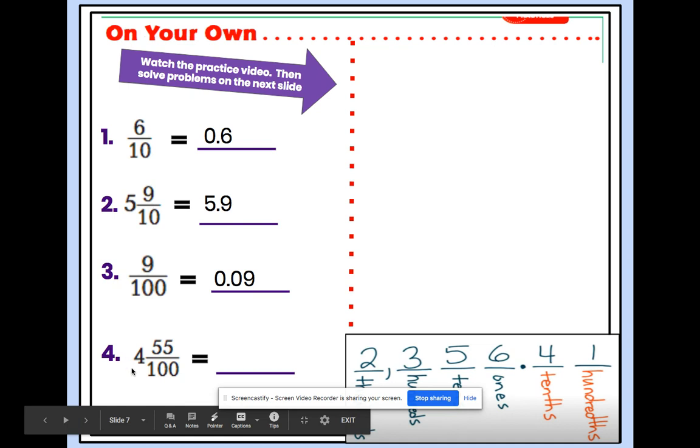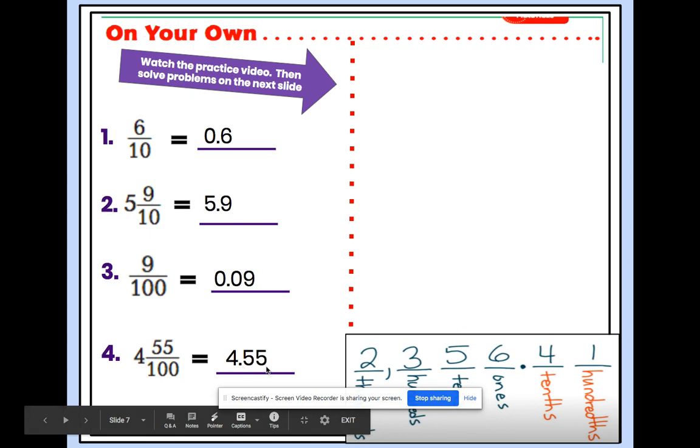And number 4, 4 and 55/100ths. So I do have a whole number because this is a mixed number, and a mixed number is made with a whole number and a fraction. So when I write that as a decimal, I'm going to show that I have 4 in my ones place, then add my decimal point to the right, and then I can show 55/100ths. So it would look like this: 4 and